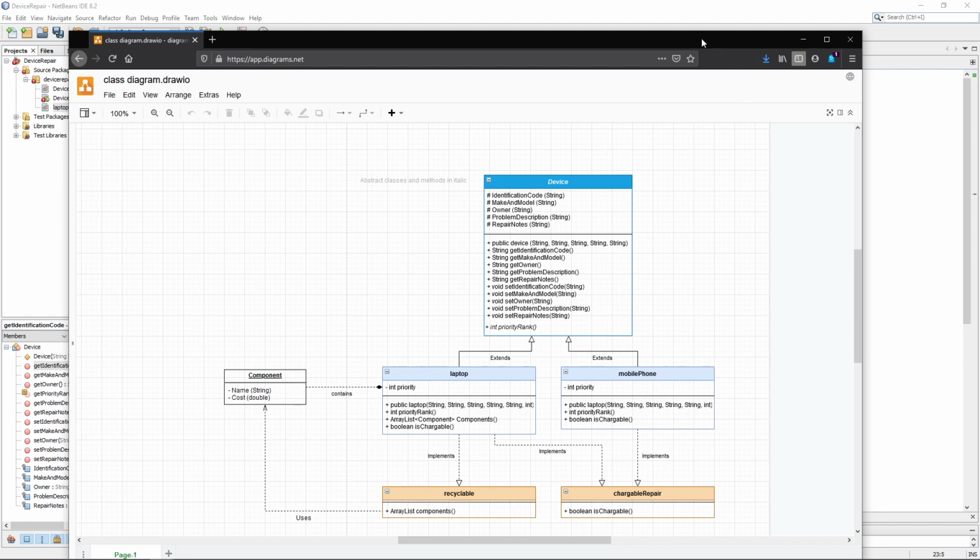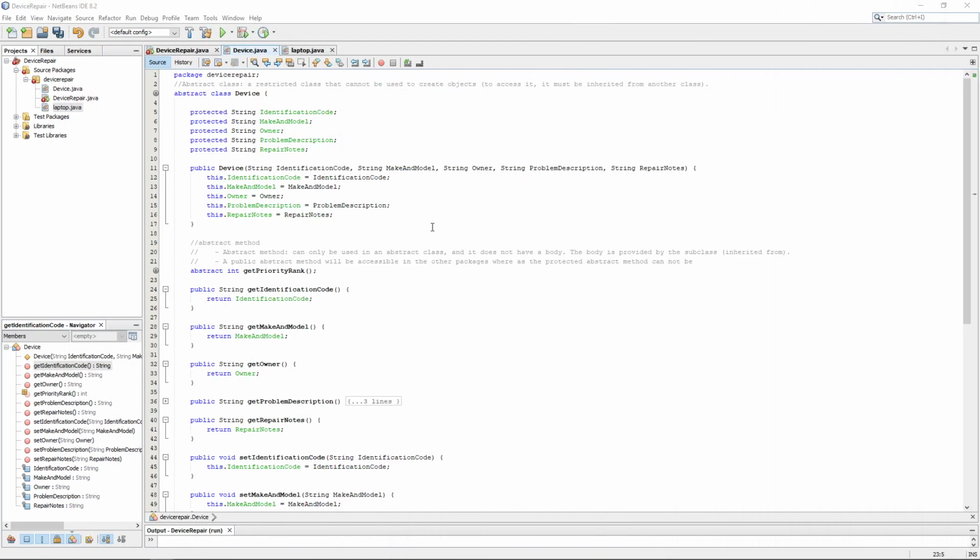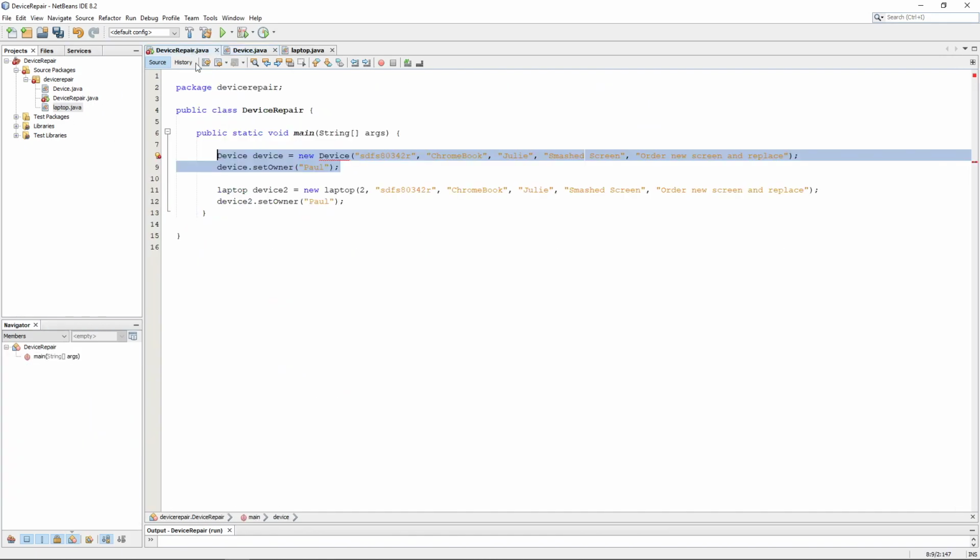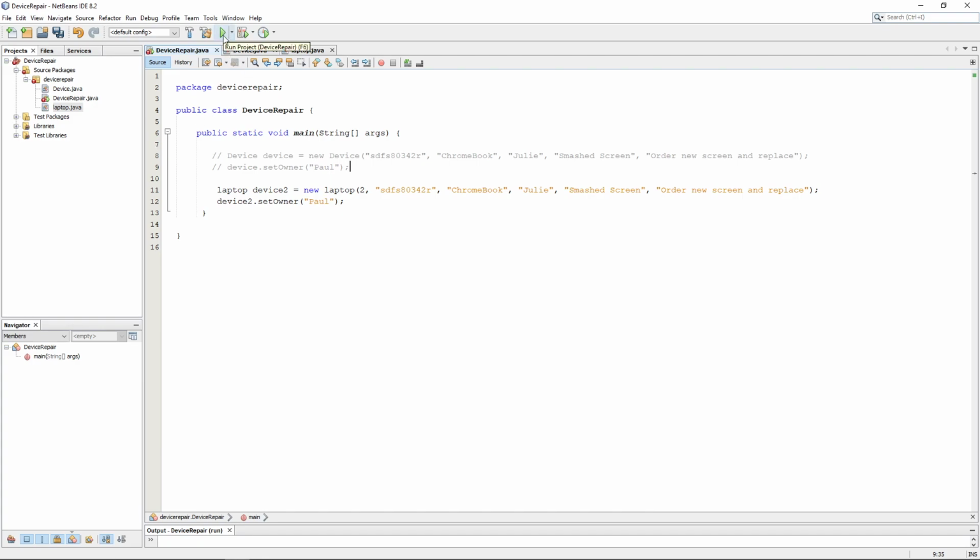All right, so just as a quick side note, before we make these interfaces, let's just double check. So we've got device repair. Remember that we can't put those in because it has issues with that. Now, something weird's going to happen if I click run. Bear in mind, if I click run, all it's going to do at the moment is create me an object and then set the owner of it to be Paul. But while you're watching it, bear in mind I'm not going to have any issues. Watch what happens to these icons. So if I click run,